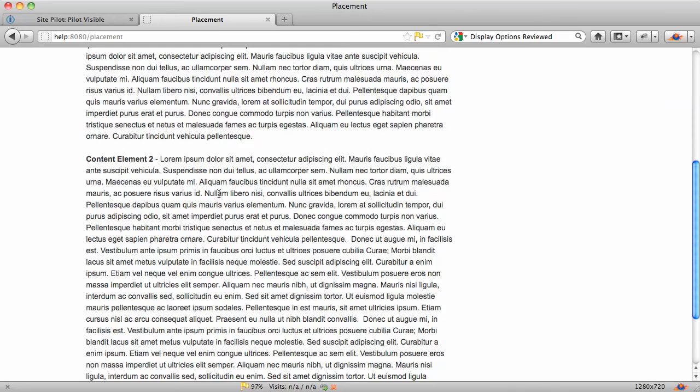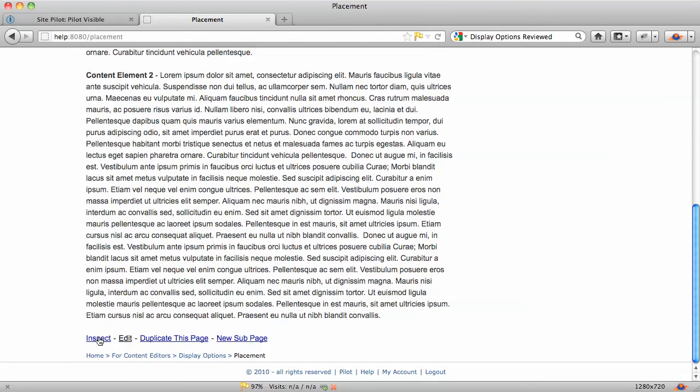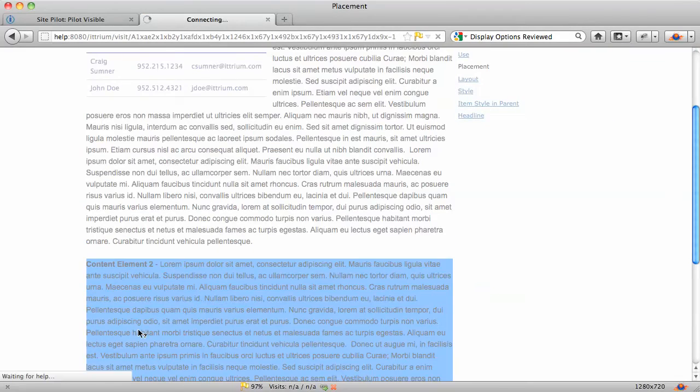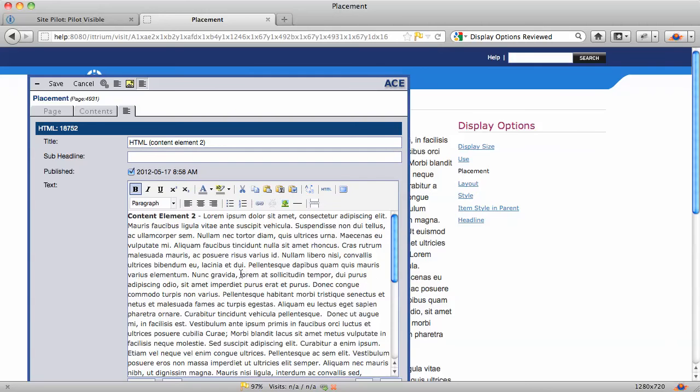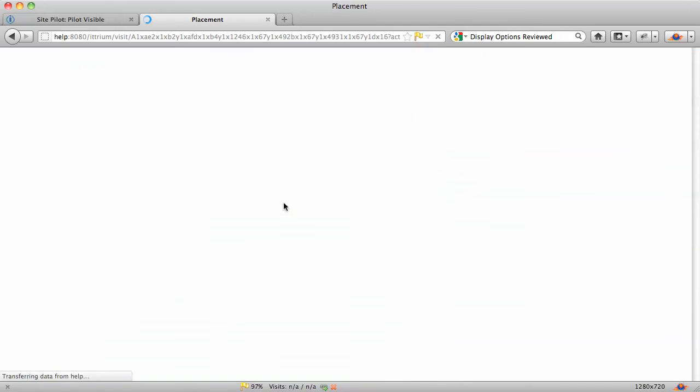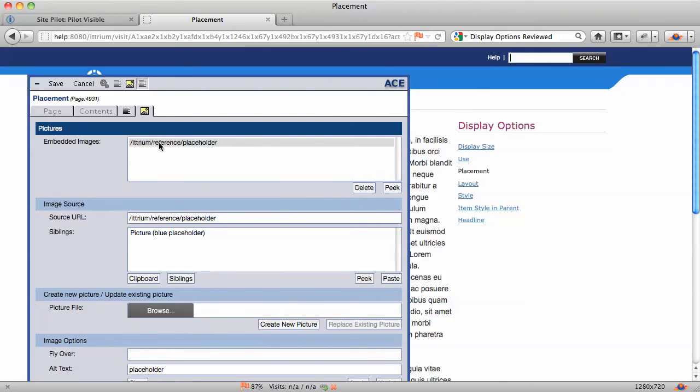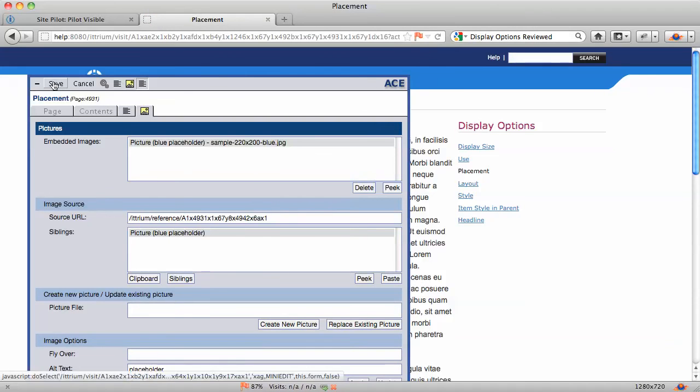Now I have to do an embedded image in this section of text, and to do that, I can go inspect this HTML element, and then you're using the editor at this point, and you might say you want to put the picture right here, and you're going to create a picture element. And now that I have a picture element placeholder, I have a picture on my page, but it's referenced. The only way it's going to show up on the page is if it's referenced through another HTML element. I'm going to paste it into my picture element here, and when I save my changes,